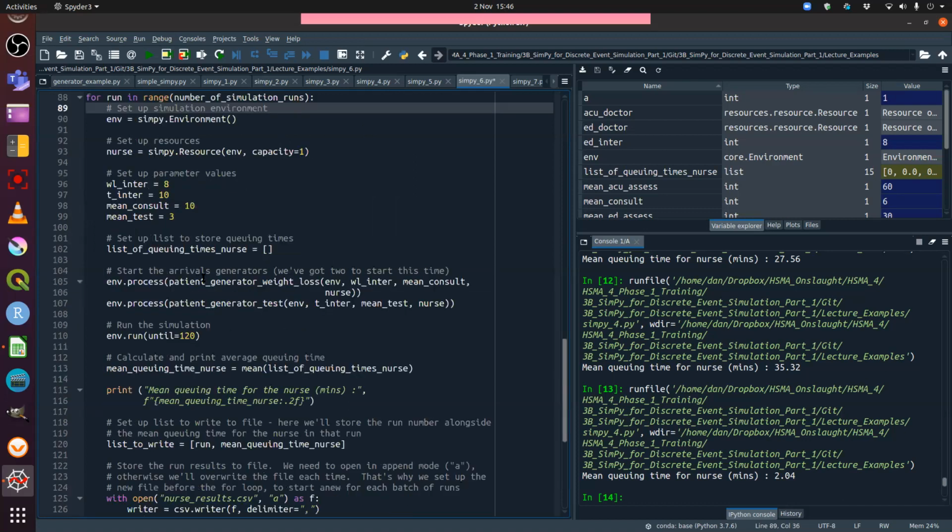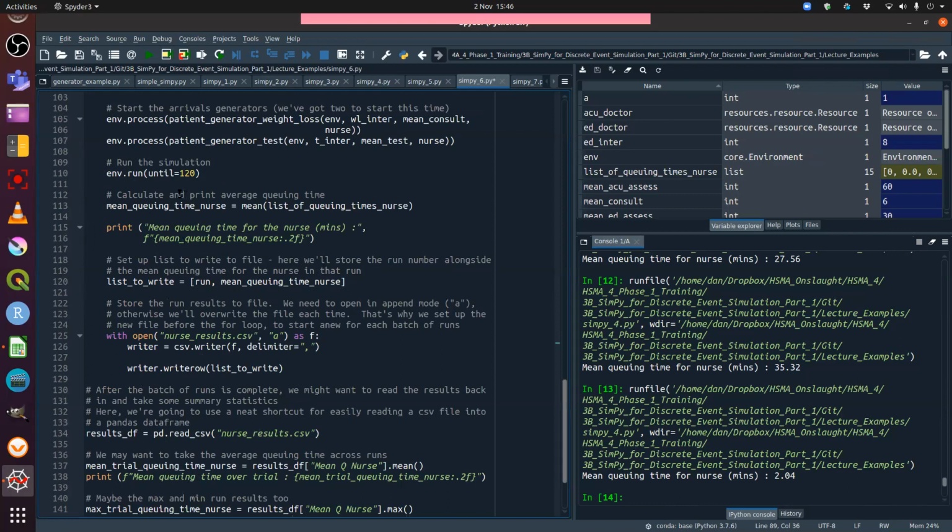And then I'm going to store the run number against whatever the mean queuing time I calculated up here was. So from the first run, run 0, it'll calculate the mean queuing time as we did before, and it'll write that out to file. So here I'm putting that in a list, and then here is where I store it to file. Now here I'm opening it in append mode, and you'll remember from the file reading and writing that